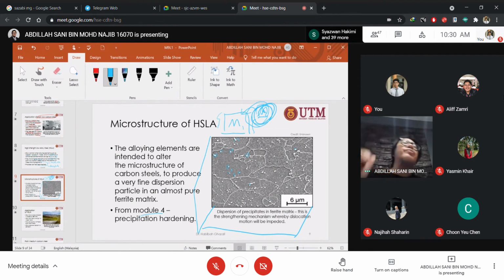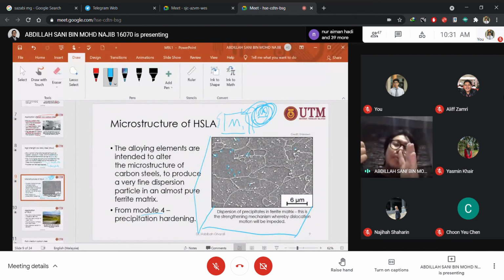When we do alloying, at first you have the metal matrix or the host metal, right? So you add the alloying element. As long as the alloying element still dissolves into the host metal matrix,